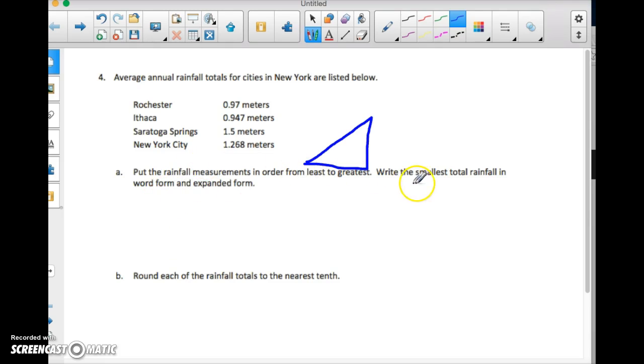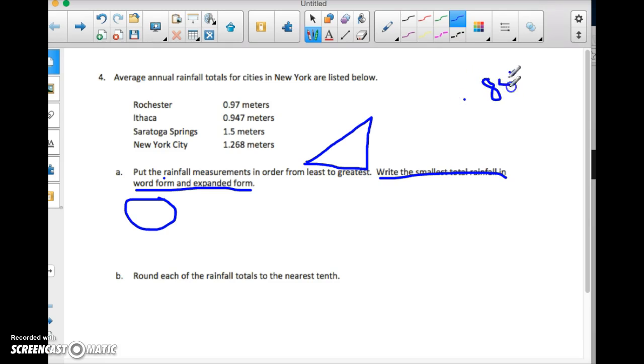Many of you, though, didn't struggle to put them in order. What you did pay attention to are these directions, right? The smallest total rainfall in word form and expanded form. So whatever number is in your list first, you need to write it in words. So I'm just going to make up a number. I'm going to say that my number is